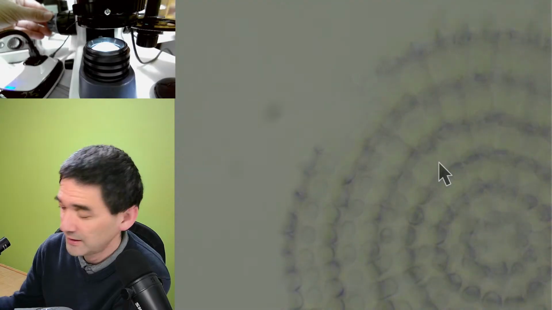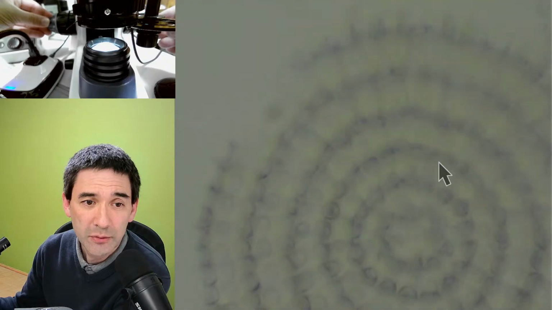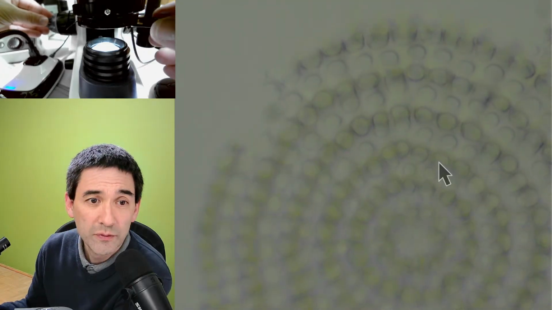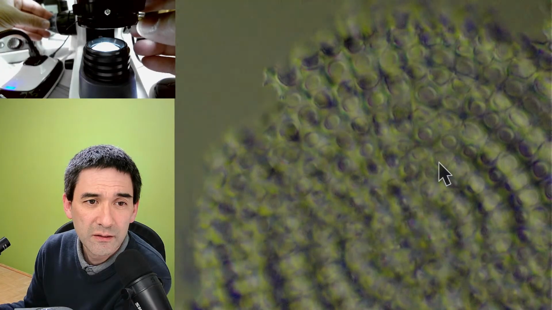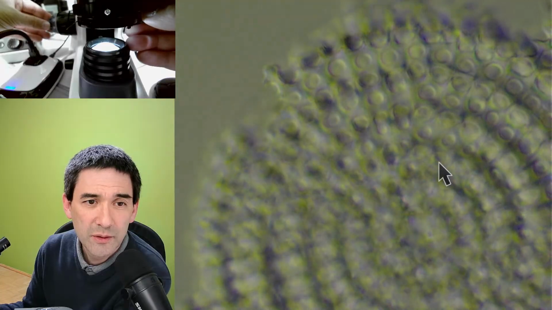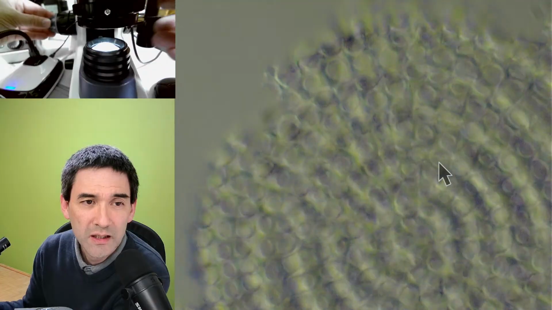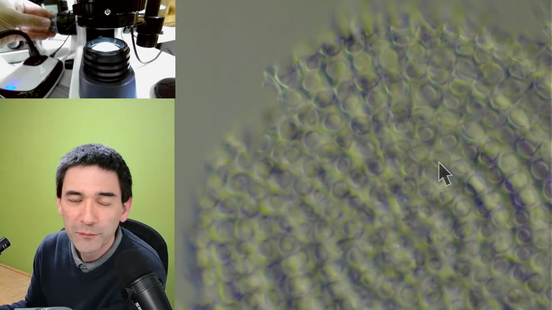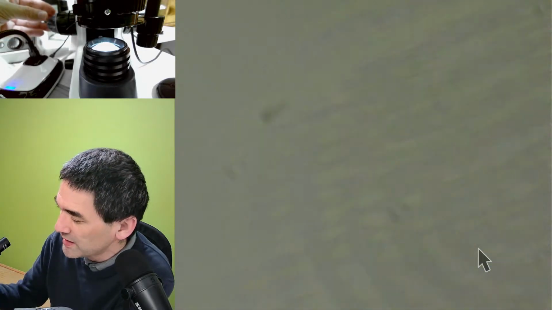I'm now at 40 times. You see, it's already a little bit blurry. But let's move the filter in again. When you move it back, you can actually see how the light is redirected a little bit. But the depth of field is already quite low, so maybe it's easier if we just stay with 10 times magnification here. Okay, this is again